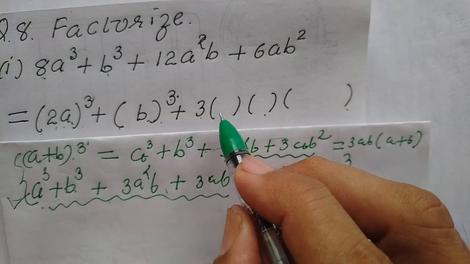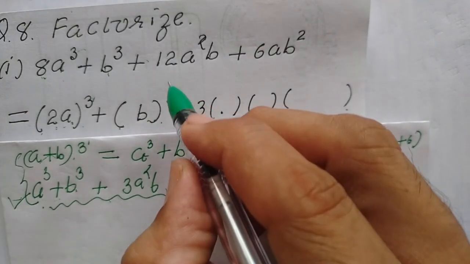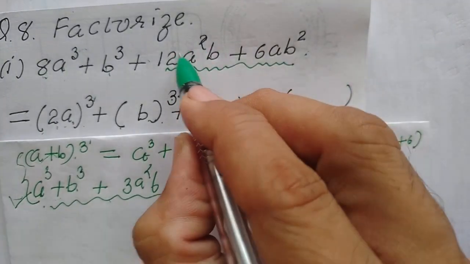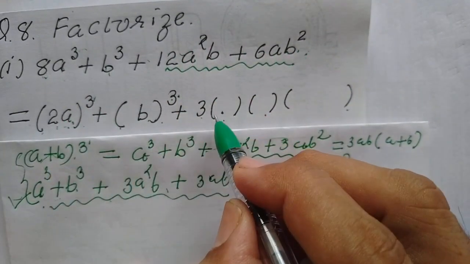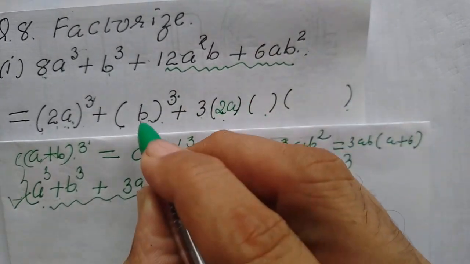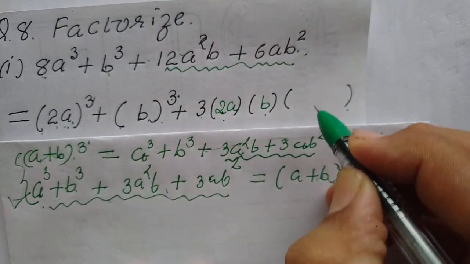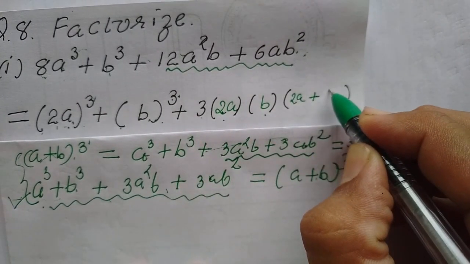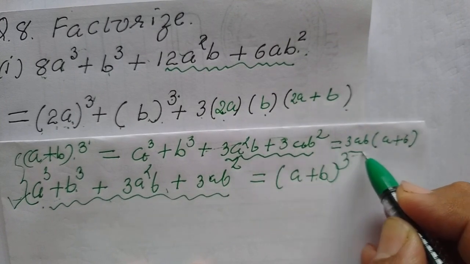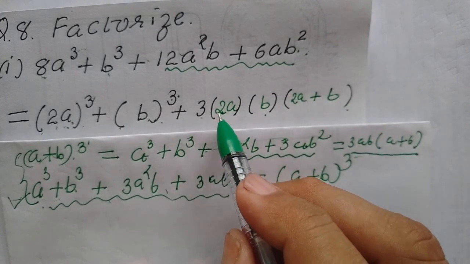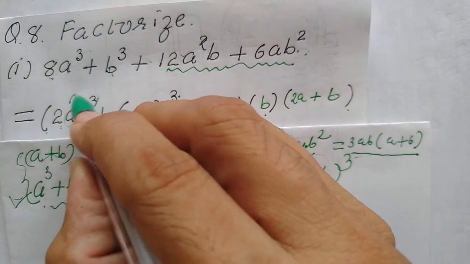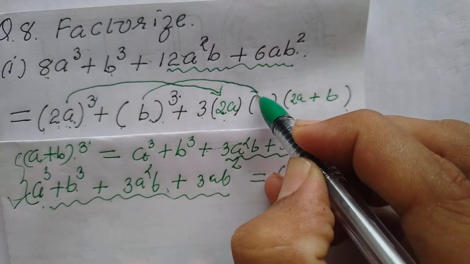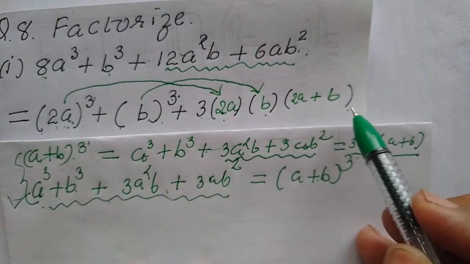So here what we write: don't touch this part, children. Don't see here. See here. This you write here. This b you write here. Always plus sign to a plus b. Children, this thing. Okay, so that we have written here. So this 2a will be here, this b is here, and 2a plus b.